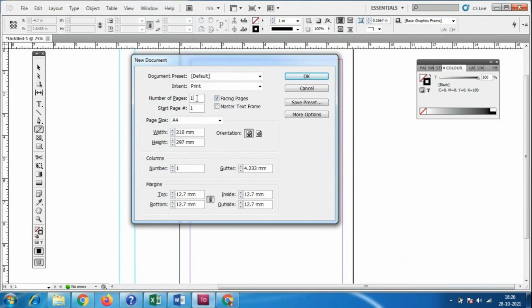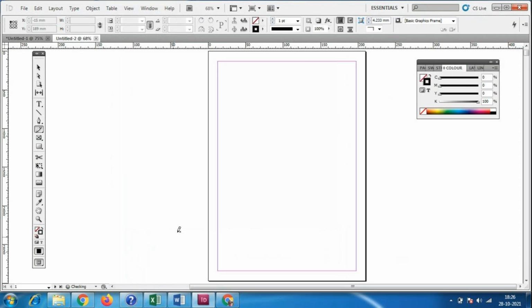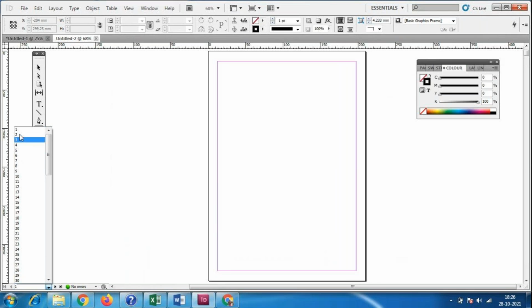If I give 100 pages and click OK, all the page numbers come down here, and pages 1 to 100 will always be there. And what is the separate page? That is a master page.